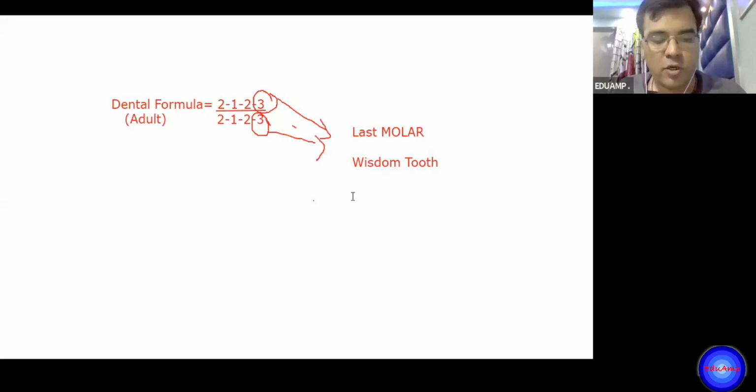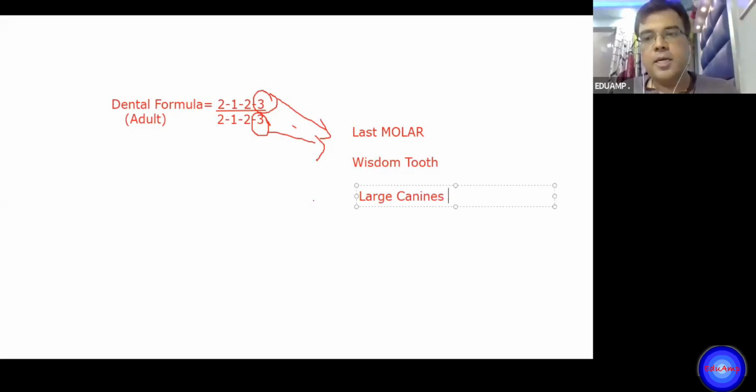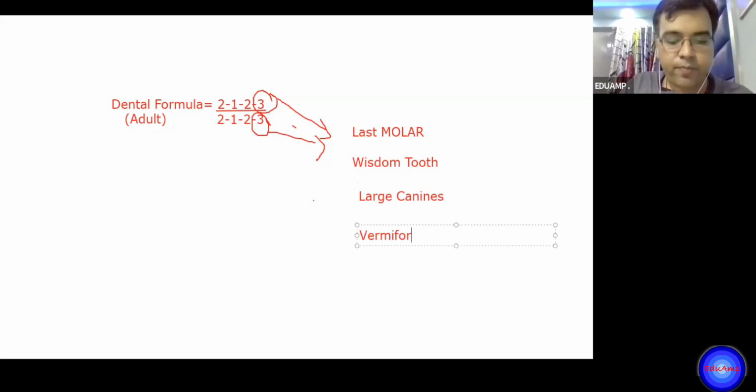अब लिखो दूसरा vestigial organ. Sir, Large canines. appendix भी होगा ना? होगा, appendix पीसी में आता है, vermiform appendix. ठीक है? Large canines. तो appendix के बारे में we'll talk in the next class. Or if you want, we can talk it in this class as well. Example तो लिख ही लो. Vermiform appendix. तो ध्यान से देखो कि अगर हम लास्ट मोलर की बात करें विजडम टूथ की, तो